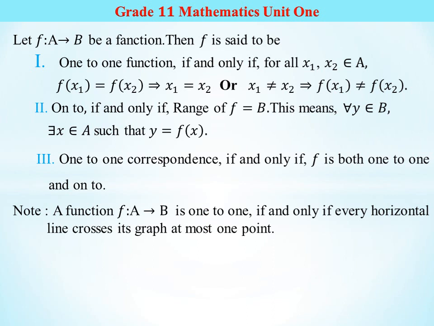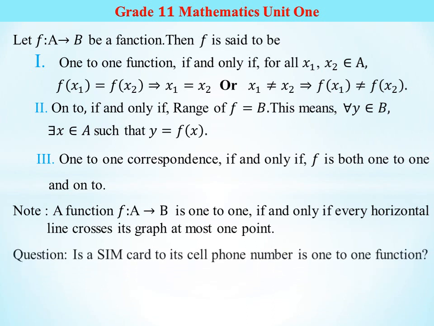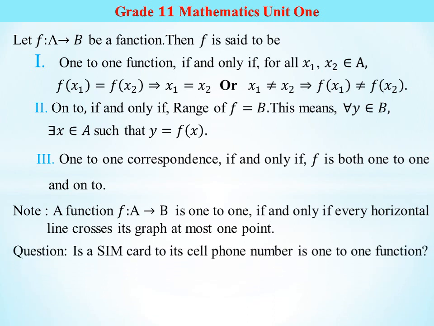ከዚህ ደግሞ መጨረሻ ላይ ያየናት አንድ ፋንክሽን ዋን ቱ ዋን ነው አይደለም ጂኦሜትሪካሊ ማለት ነው። Example: a SIM card to its cell phone number is a one to one function. እዚህ ላይ እንግዲህ አንድ ሲም ካርድ አንድ ኮረስፖንዲንግ ሴል ፎን ነምበር ነው ያለው ለምሳሌ ቴሌ ላይ ሄደና አንድ መስመር በስማችን ነው የምናወጣው ስለዚህ አንድ ሲም ካርድ አንድ ሴል ፎን ነምበር አለው ስለዚህ ይሄ ፋንክሽንም ሆኖ ዋን ቱ ዋን ፋንክሽን ነው